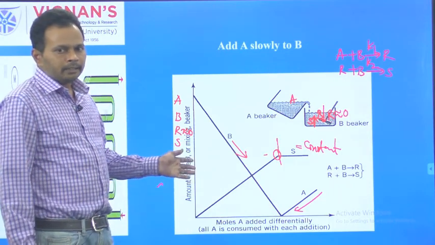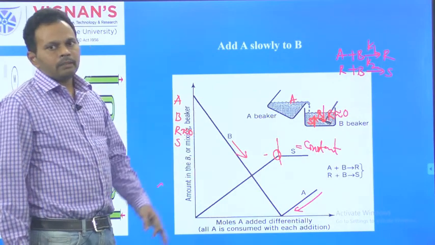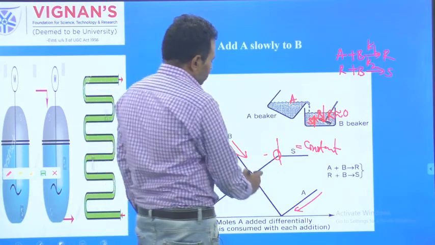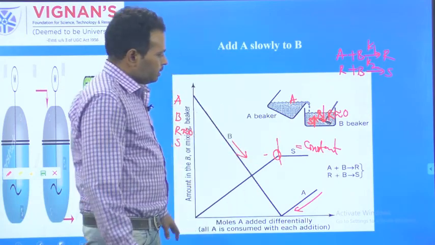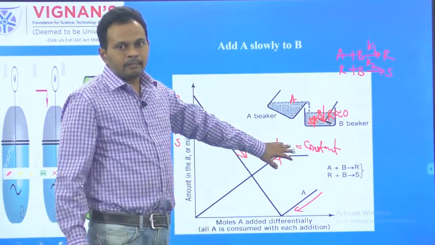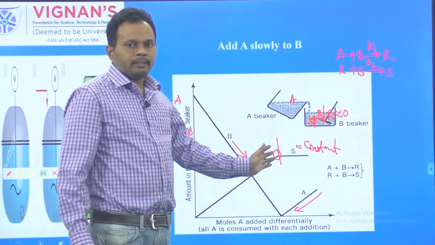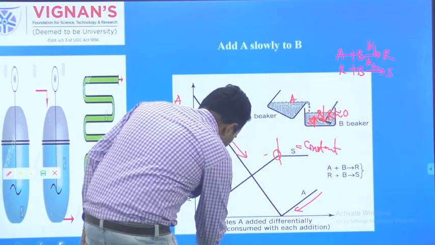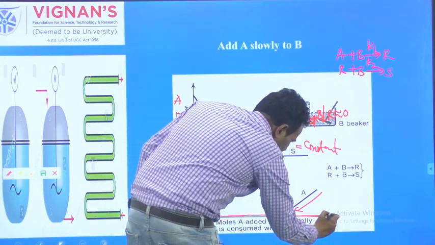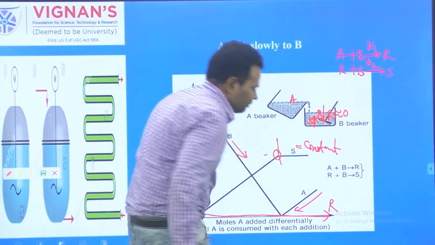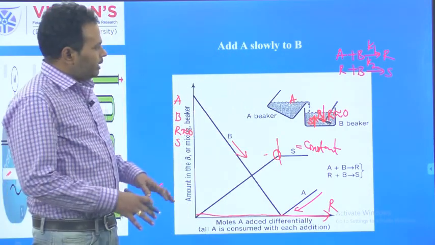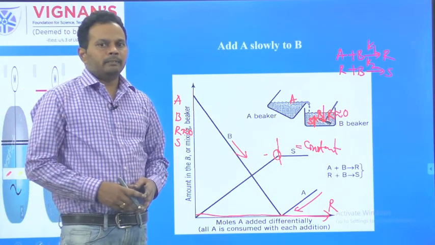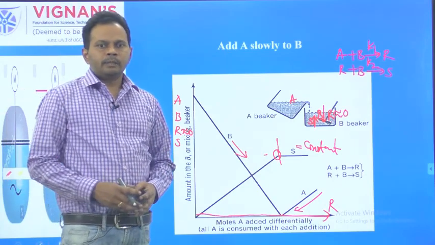That means from this point onwards in the time of the reaction, it starts adding the A. So, if we keep on adding A, the concentration of B decreases and the concentration of S first increases until the exhaust of B. Once the exhaust of B takes place, it further maintains constant, and here the concentration of R produced, you can obtain on the x-axis, R is equal to 0. Okay. So, when you treat this way, adding A slowly to the beaker containing bulk B, you can obtain this way of the product distribution.